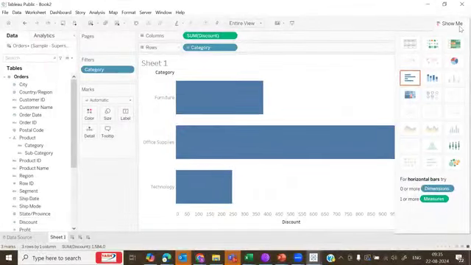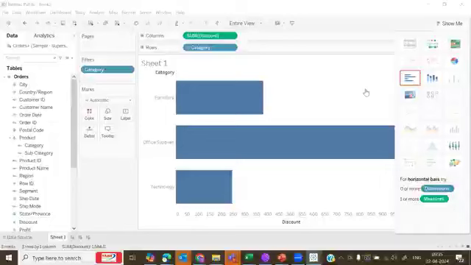So this is how you can deal with fields which have some hierarchy in it. And then you can create this hierarchy, which will enable this kind of drill down feature in your dashboard. So any dashboard which has a drill down feature is highly appreciated by the manager, because what happens is, at a very top level view, you will get very high level insights, right? You will not be able to understand what could be the root cause. So if somebody is interested to get to the root cause, then it's always better to provide them some kind of a drill down feature so that they can drill down and get to the granular level to understand